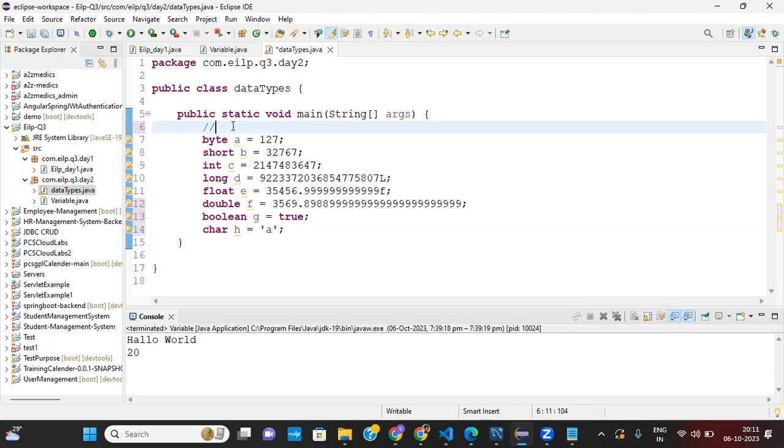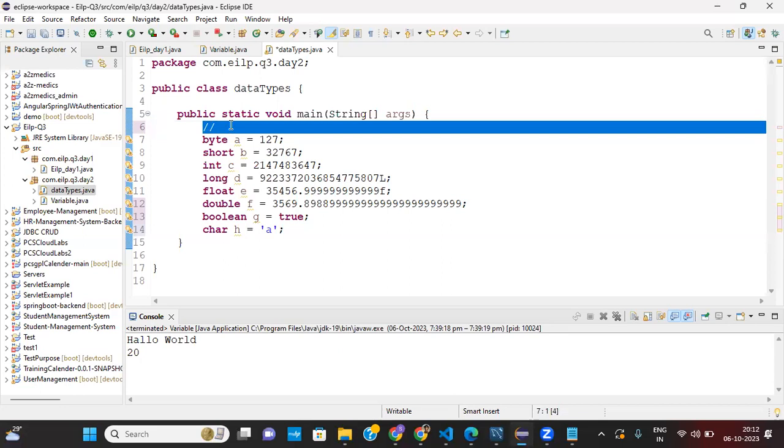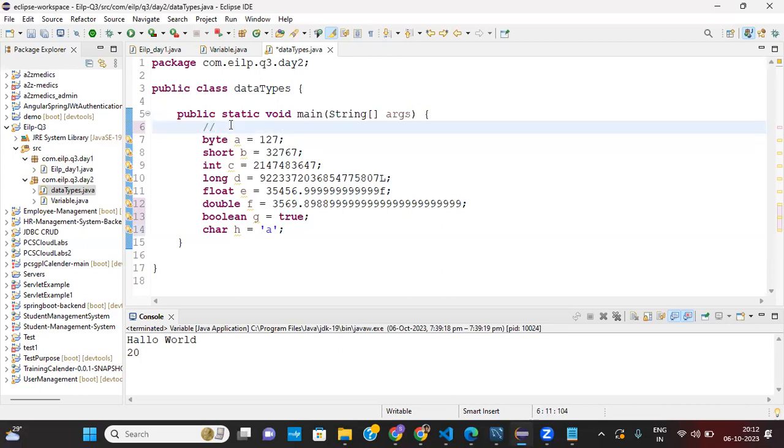This double forward slash is used for a single line comment. These comments are ignored by the compiler and do not affect the execution process.